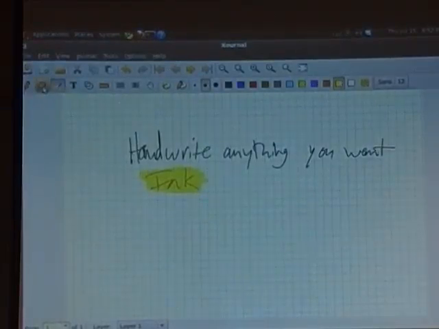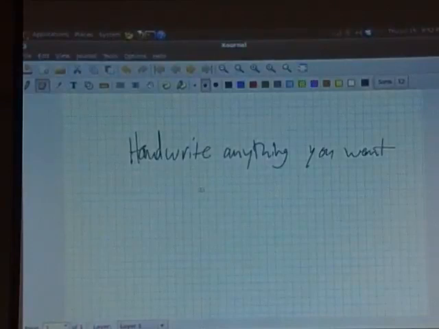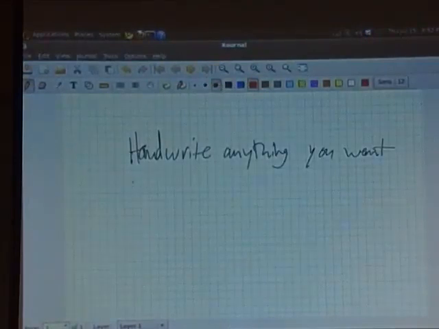Oh yeah, if you have a tablet, back here, if you use your alternate key, let's see, which one's the alternate key? Your alternate key is your eraser. So you can erase things simply by pushing the button on your stylus. You have bigger or smaller